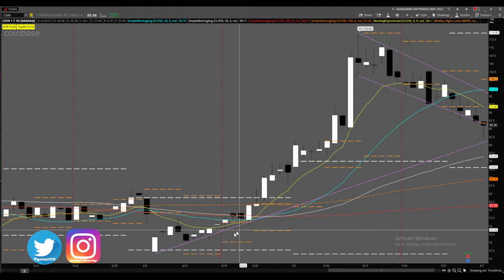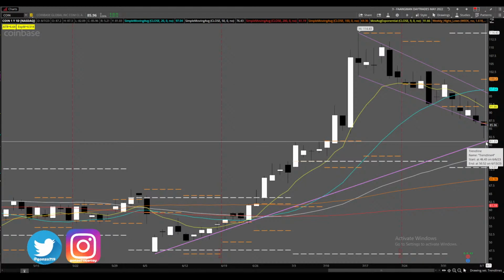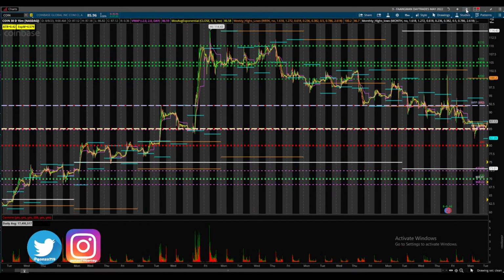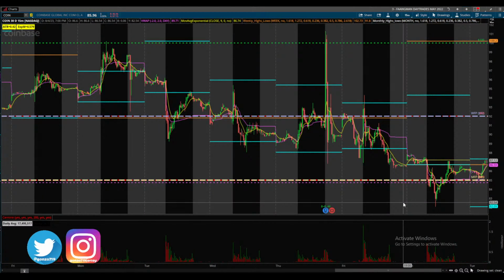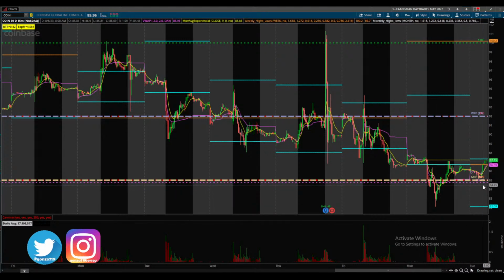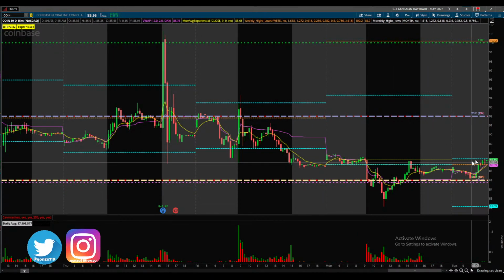It has a trend line from here. See, it almost came down to it. So for me, with Bitcoin getting some love, we could see some stuff happen in Coin. Now let's look at some flip points, some gamma levels. This level here, 85, is the flip point for the month. See how it's holding it? It's holding last week's lows.